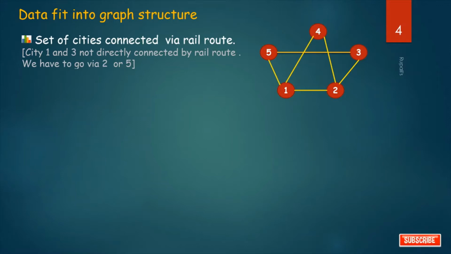Now we have to store it through a computer program. So it is not a linear information. Say if I want to store information like marks of 10 students, then we use an array because it is a linear information. But this type of information is not linear. So you have to use a nonlinear data structure, that is graph.